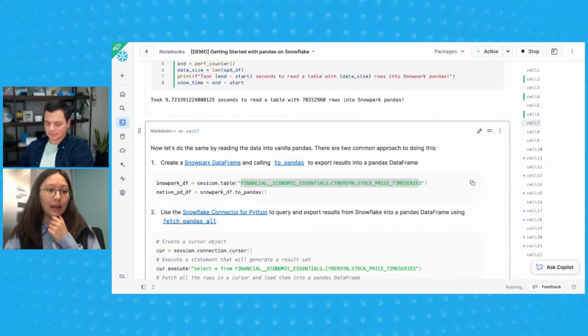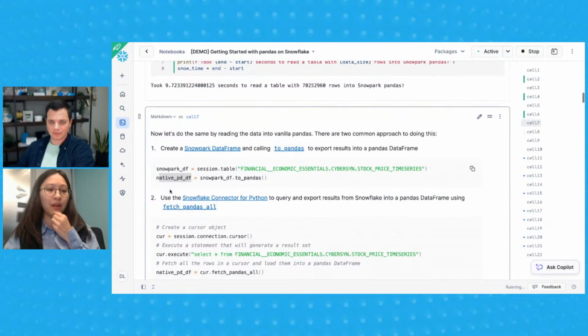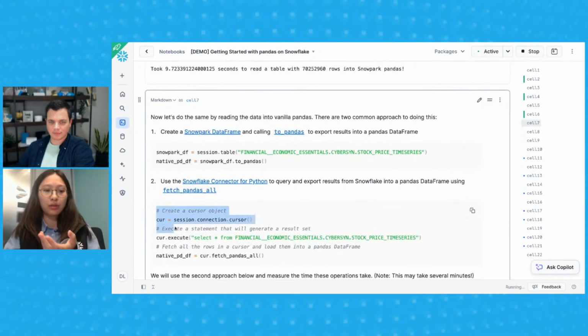And then I store that as a Snowpark data frame. Then I can convert that Snowpark data frame to a native Pandas data frame by calling .toPandas. So that essentially takes my Snowpark data frame, serializes it, and pulls all the data into this native pd_df. The other approach is to use our Snowflake connector for Python, run